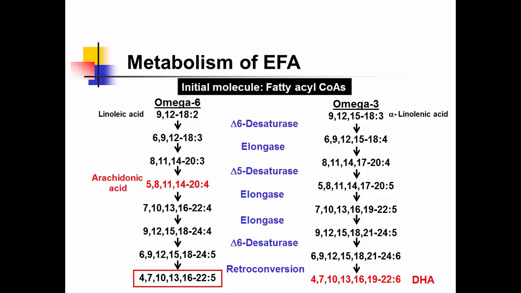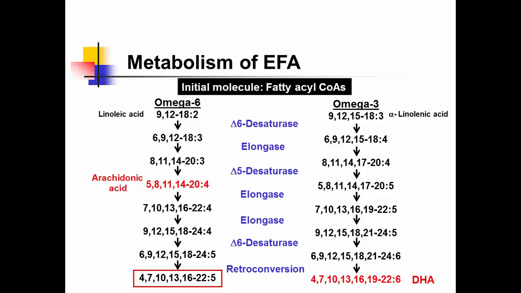And this fatty acid usually has 22 carbons and 5 double bonds, and this 24-carbon, 5 double bond fatty acid can be converted back to the 22-carbon, 5 double bond fatty acid, right? Which is the final product. And then omega-3 fatty acids,